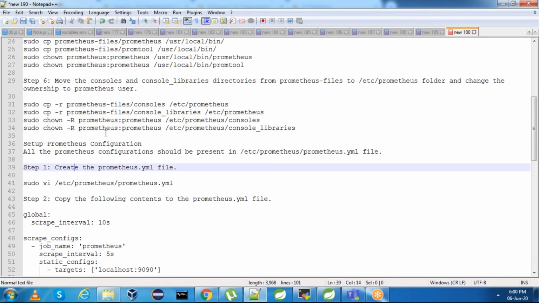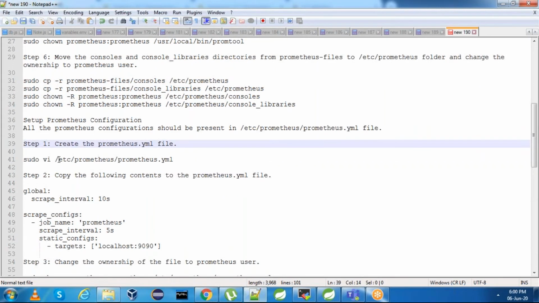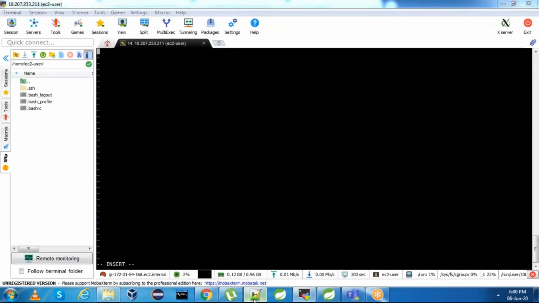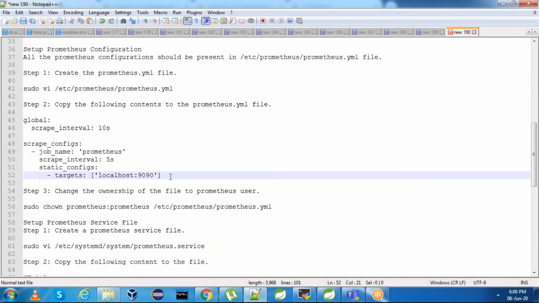Now we need to do the Prometheus configuration. Basically, you need to create the prometheus.yml file and mention the target. This is the command: sudo vi /etc/prometheus/prometheus.yml, and inside this add this content.